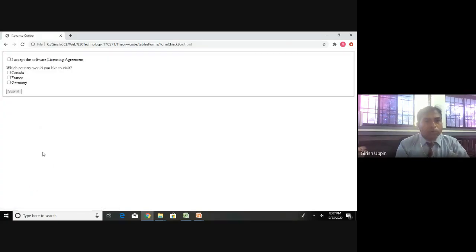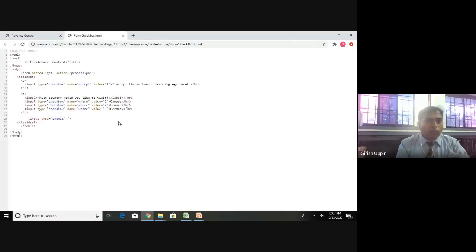This is the checkbox. This is how it will look. Let me open the code. You can just right click on the browser and say view page source. Either you can open it as HTML, as a notepad, or you can open it in the browser itself. Here the only thing is you will not be able to edit anything. This is only view. In case of a notepad, you can make changes.